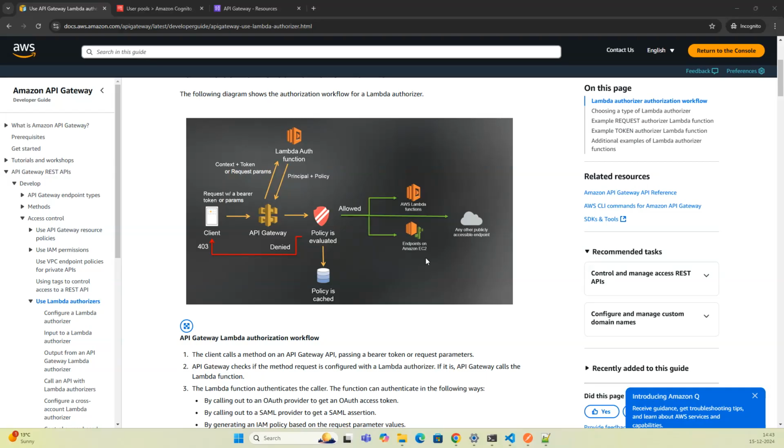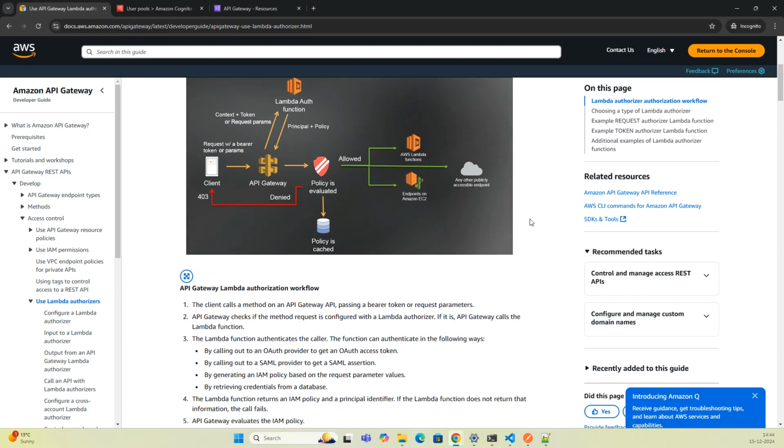Hi everyone. So in this video, we are going to discuss more about custom authorizer Lambda. We are also going to implement custom auth Lambda in this. So I am at the API documentation page for the Lambda authorizer, and this is the workflow which has been discussed below. So before discussing the workflow, let us look at the contents of the access token which we received